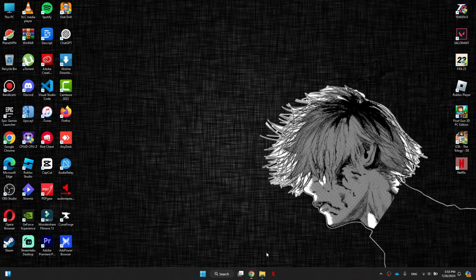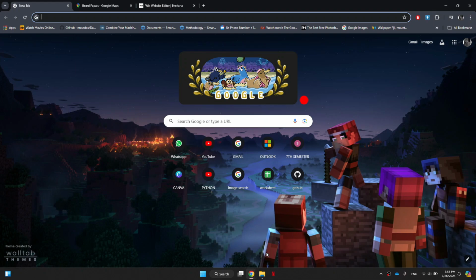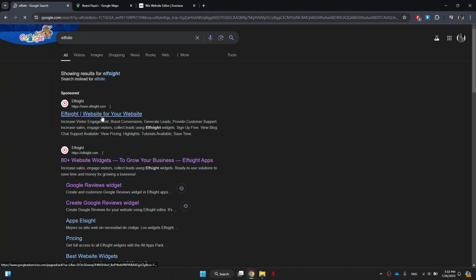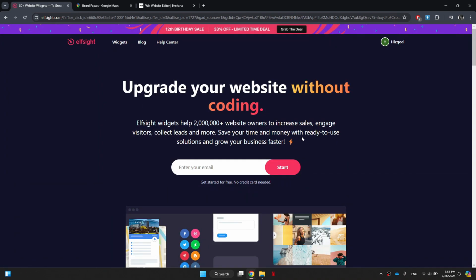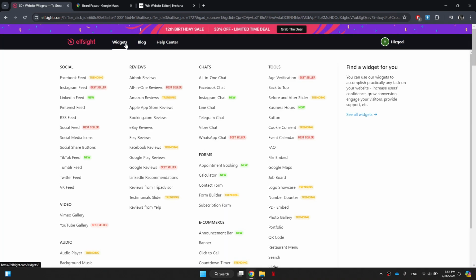First things first, open any type of preferred browser on your PC and search for ELFSIGHT. Now open the first website that appears and sign into your account. After that, hover your cursor over the widget's embed at the top of the screen and select Google Reviews located